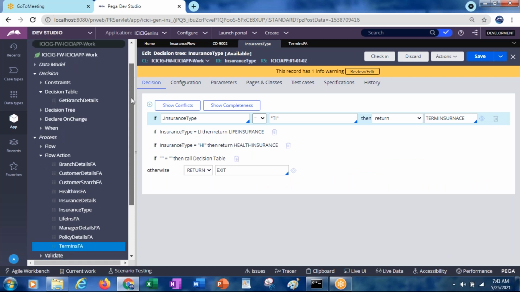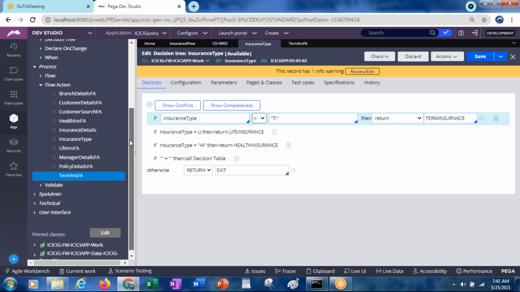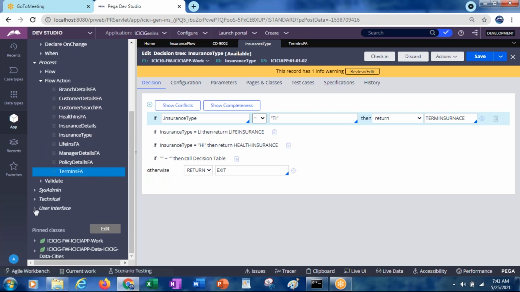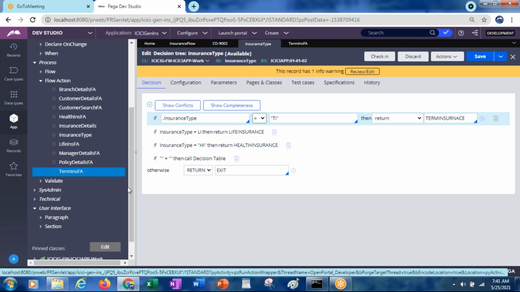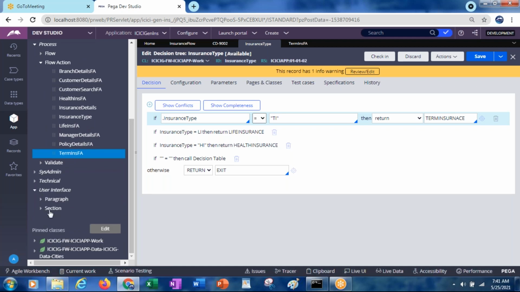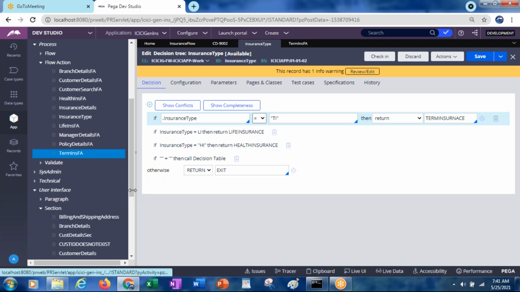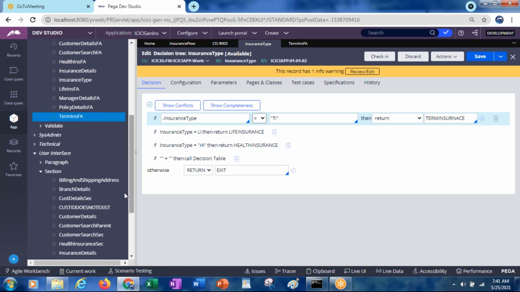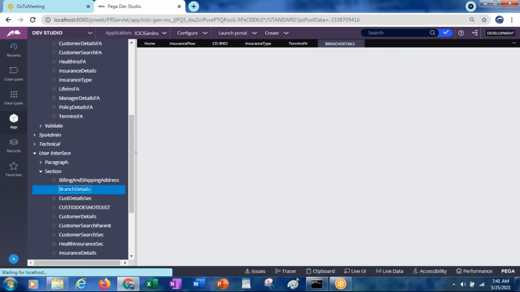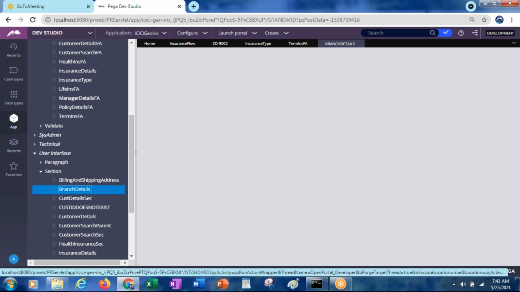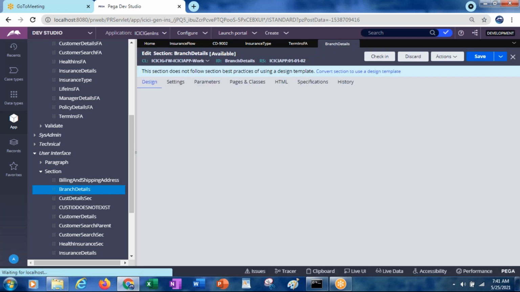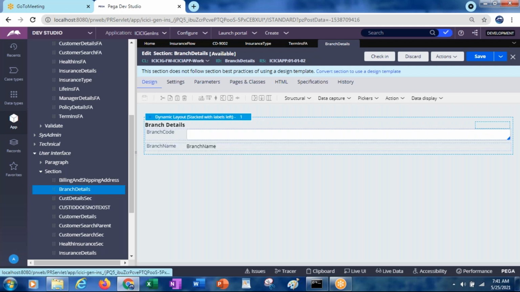Now, under the user interface section. Okay, in general, how can we apply the actions? Like on click of the drop down or else like that. Okay, how can we apply the options?